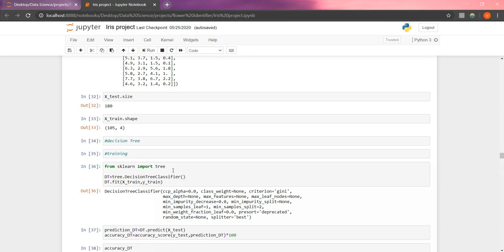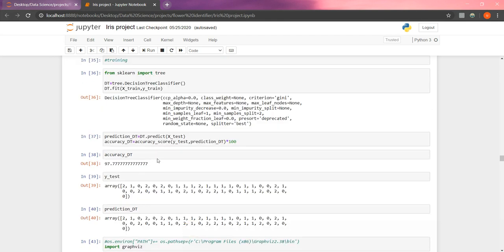So from sklearn import tree means it will import tree. dt equal to tree.DecisionTreeClassifier means it is a model we have assigned to dt. dt.fit means with the decision tree algorithm it will train on the X train and Y train data. With that we have predicted the accuracy score, that is 97.777. This is the accuracy score when we use the decision tree algorithm.